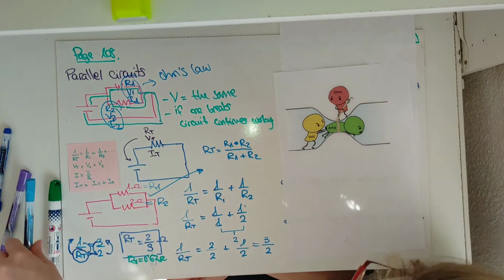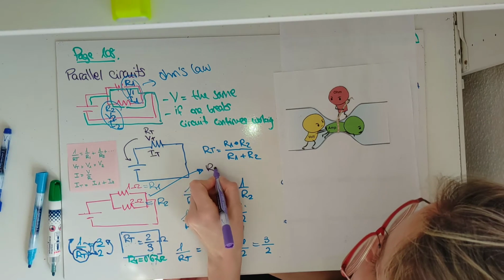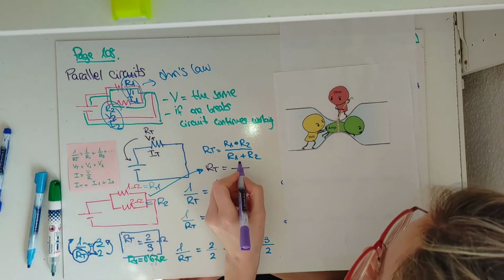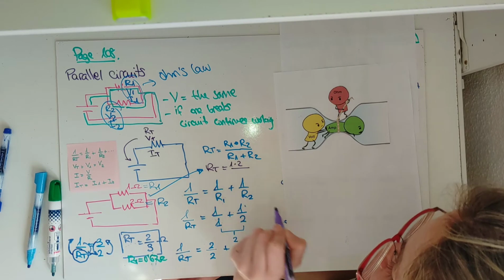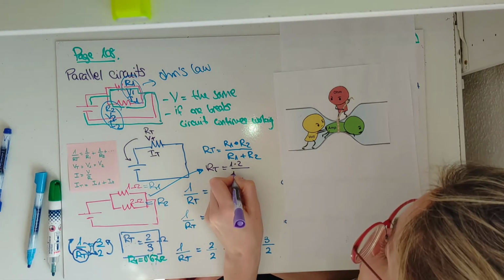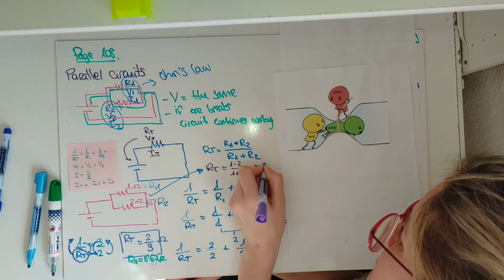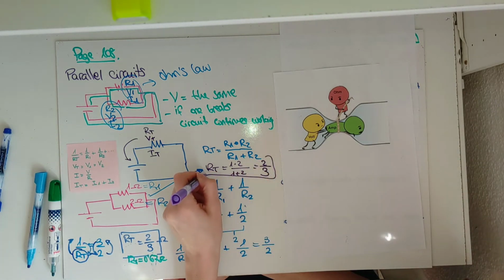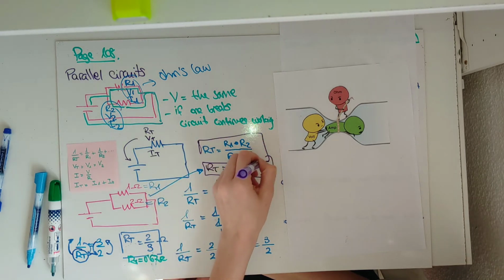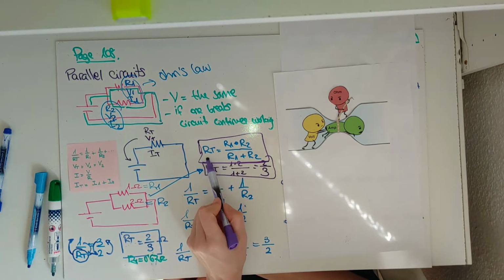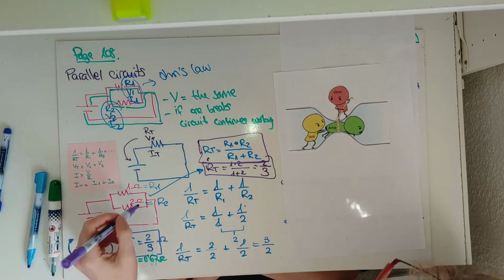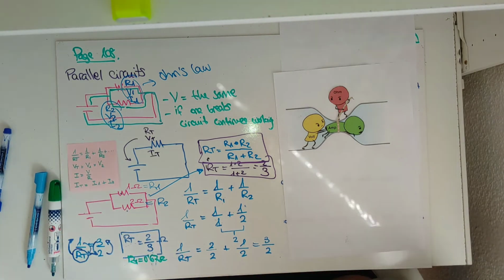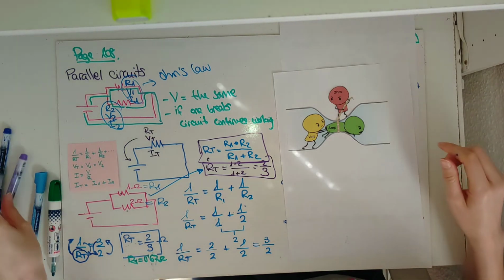Okay, so I introduce the values. R1, 1 multiplied by 2 divided by 1 plus 2. Okay, so it's the same result if you use this formula, but you can only use it when you have two resistors, okay? And let's practice this with the example on the page